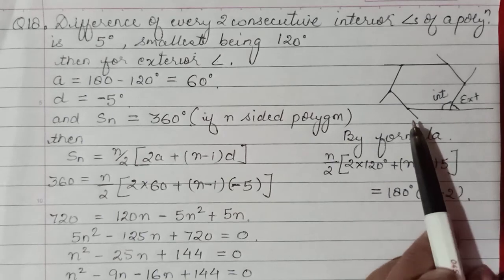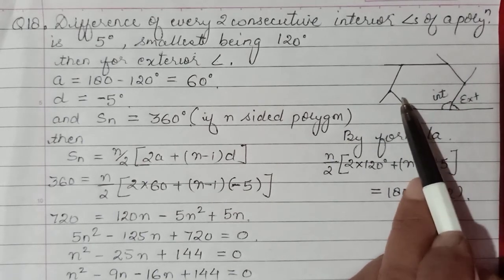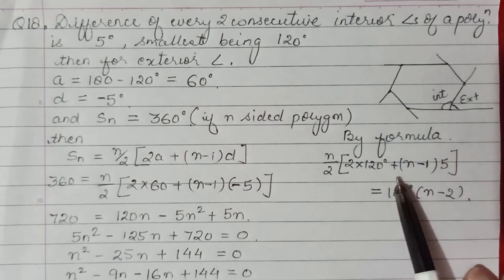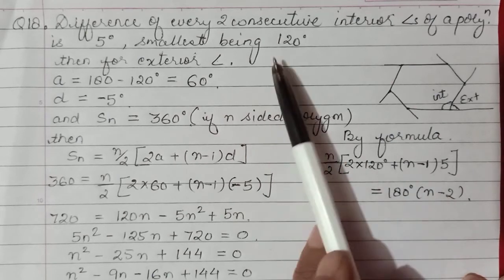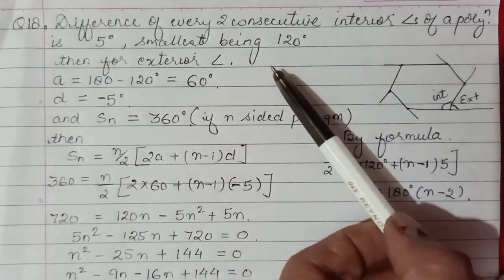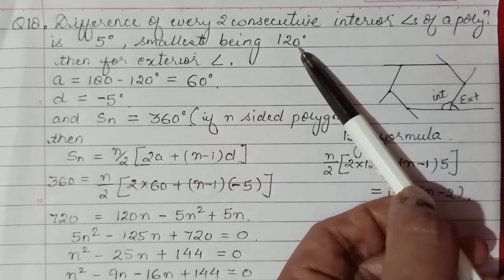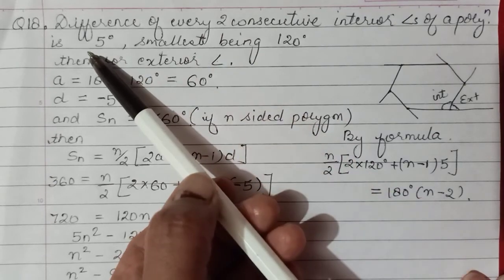Okay, just imagine a polygon. It can be a triangle, quadrilateral, or maybe a pentagon, it can have any number of sides. One way is, if you all remember the formula, then maybe this will become very short for you. Because as stated here, you clearly know the smallest angle is 120, so your first term A will become 120, and it has been said every angle is increasing or differing by 5 degrees.